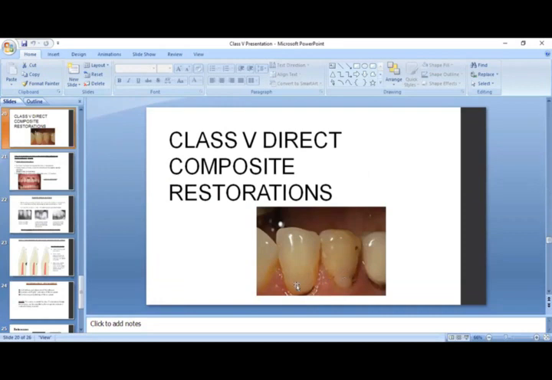There is a tooth-colored restoration present in that. This is one shade and this is another shade. You can easily differentiate between these two tones. That is light and that is dark. Don't look at this area, this is the KGS region. My point is that this is the dark shade and this is the light shade.